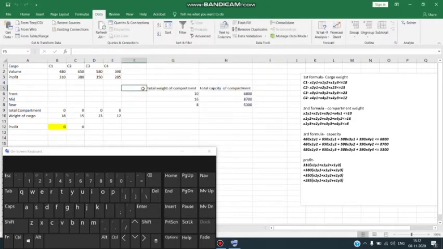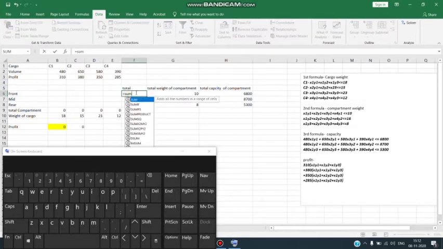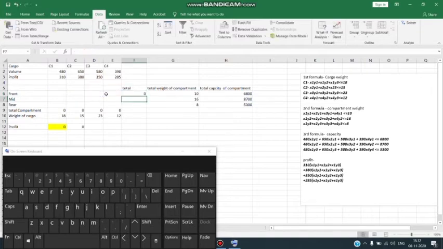I'll create a total column here as well, and here I'll sum up the value of each cargo for front section compartment. I'll copy this value and I'll paste this for each section. So for front section, mid section and rear section, I'll get the sum up value of each cargo values.